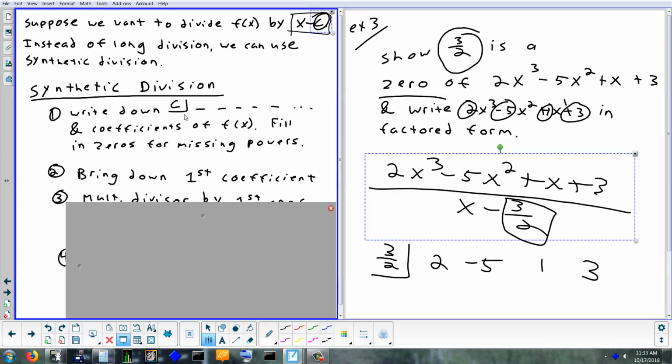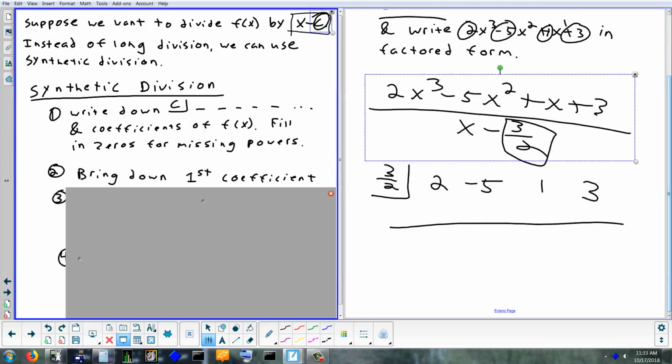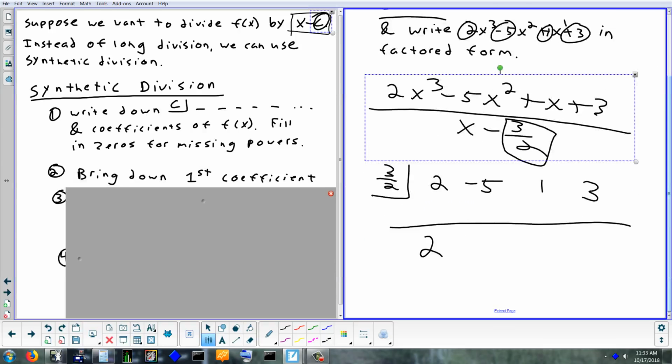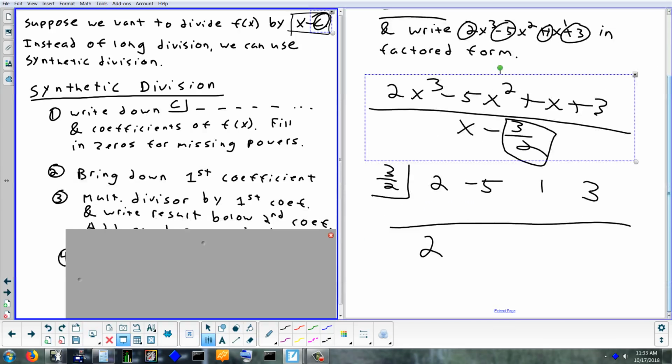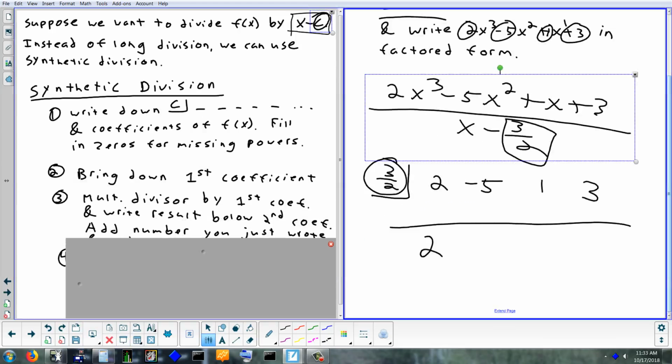Okay, so the next step is to bring down the first coefficient. So we're going to bring down the 2. I would do it like this. Put a line, bring down the 2. All right, so you get your first coefficient. Now, we're going to multiply the number that's on the outside, 3/2, times the number we just brought down, and we're going to put the answer right there. So multiply the divisor, that's the thing on the outside, by the first coefficient, that's the thing I just brought down, and write the result